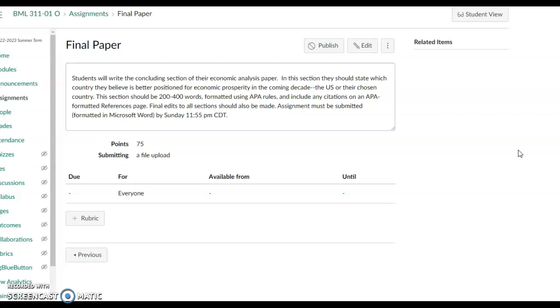Now, remember, class, keep this in mind: do not just submit the conclusion only. You're going to submit a full paper. You're going to take all your sections together with the conclusion and submit it in full with your references. My expectation next Sunday is that you will submit a full paper to me. I'm hoping everyone saved their sections in their Word documents on their computer hard drives, and you're just going to do a final full edit of the paper and submit it to me by next Sunday. That is what you're going to be doing for the final paper.